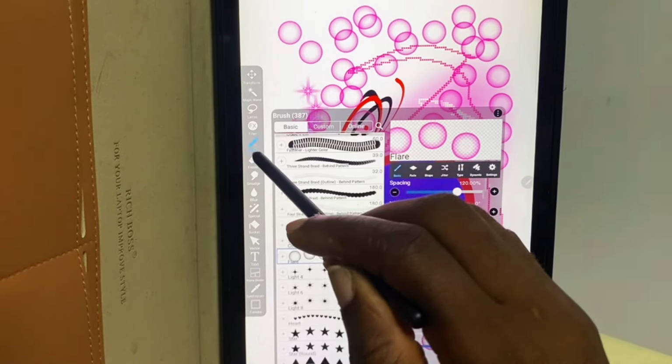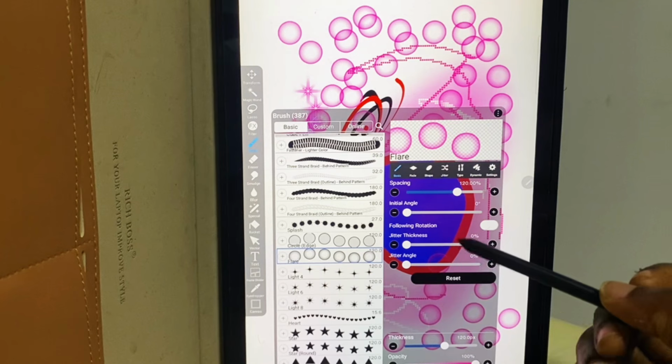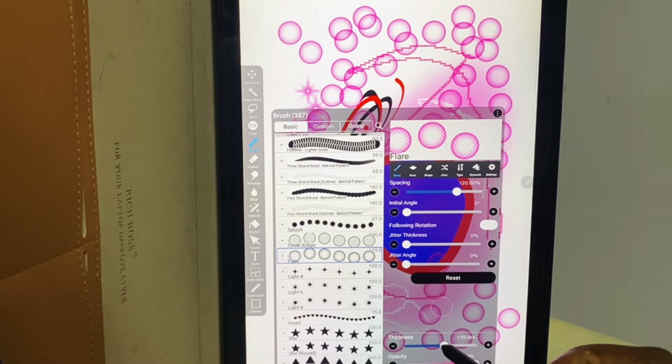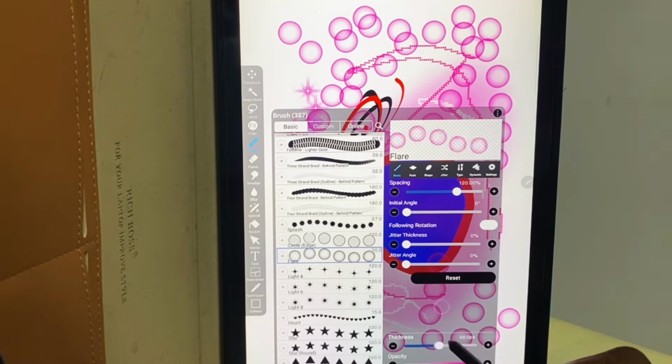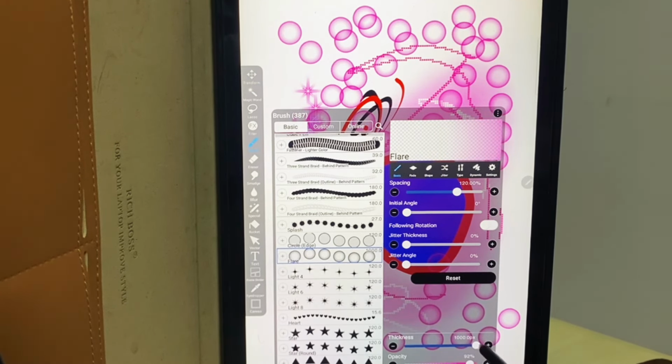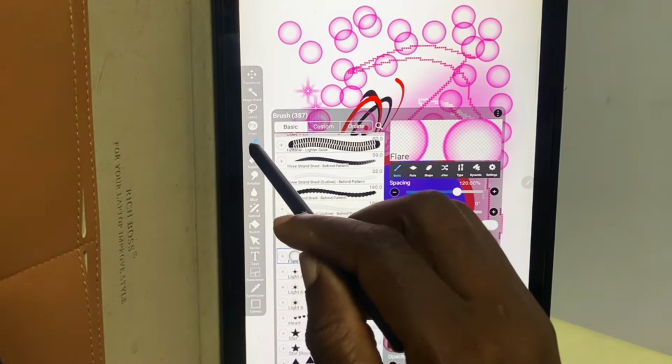So okay, for the brush now, you need to know that every brush has some settings. You have thickness and opacity. If you're used to designing, you understand opacity. Thickness has to do with how big and small you want whatever the brush is doing to be. You get? So let's say